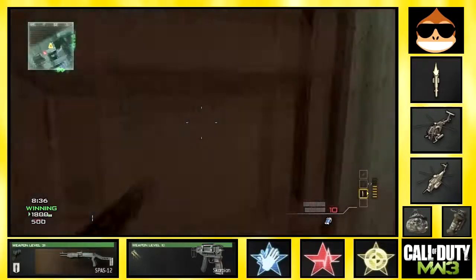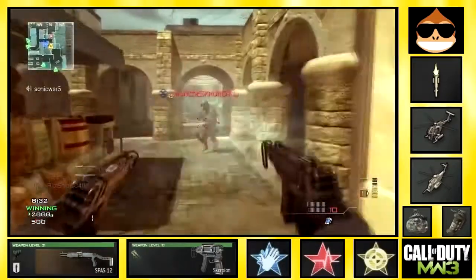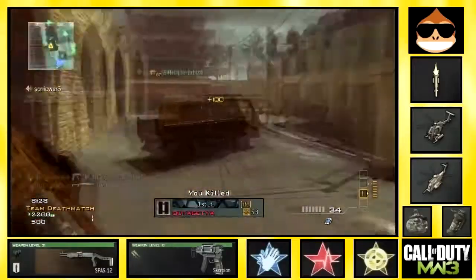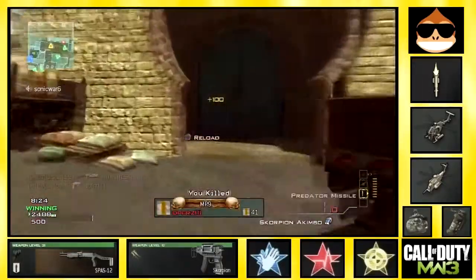So it was a pretty good idea to use extended mags before that, but because of the patch, they removed that, and now it shoots 8 like it should, as always. So I kind of wish they didn't patch the SPAS-12 because it kind of sucks now, and this is a gameplay here